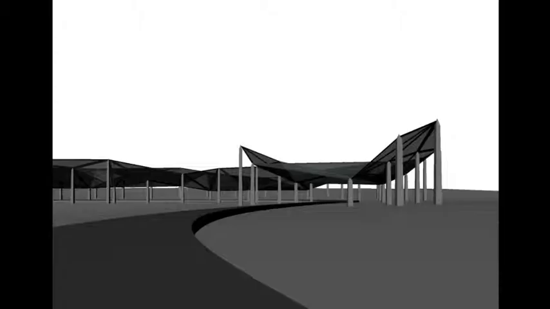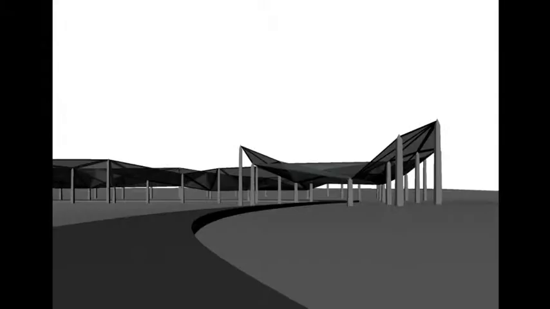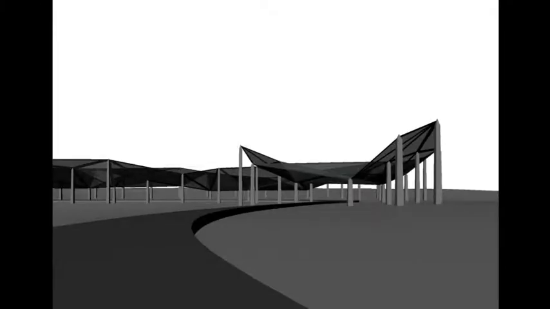Hello everyone, this is my project 1 in ARC 689 parametric modeling design. The intent is to design a canopy which will be helpful to shade the campus paths from building to parking lot and offer an outdoor space for leisure and study. By using parametric design method, I am able to test the different possibilities of the canopy size, form, and location.